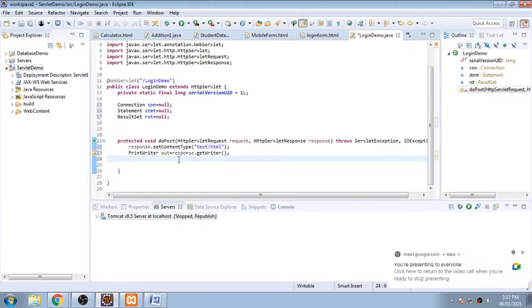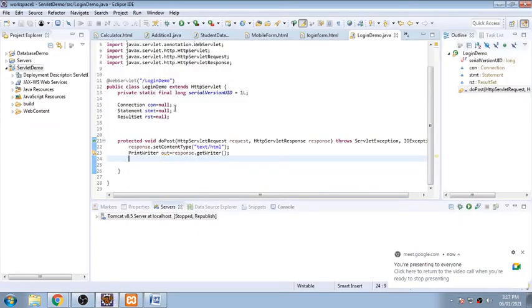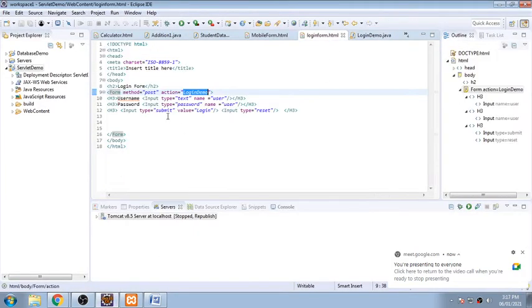Now we'll start a database connectivity program where we'll be retrieving something from your database. So here we have something in a database like this. So we have some records. We will be fetching those records into the servlet, and that servlet will be checking whether the username and password that is been sent from this form, that is the login form, are the same as specified in it. So here it is username, here it should be password.